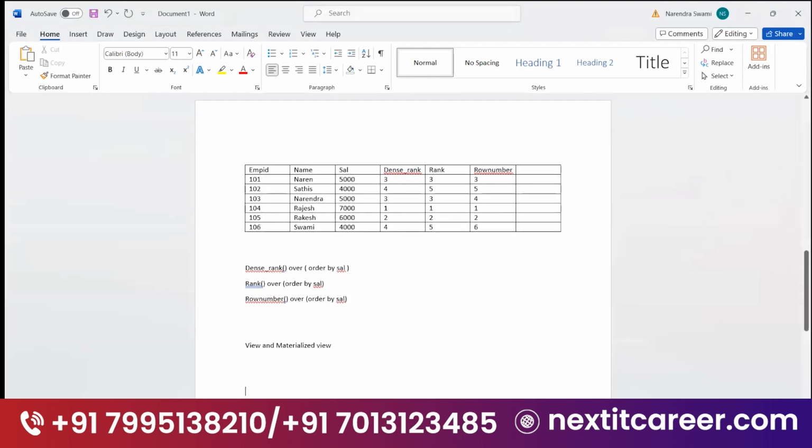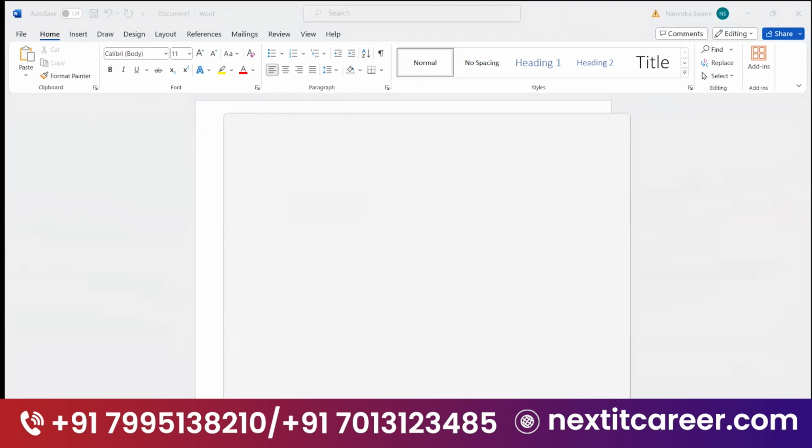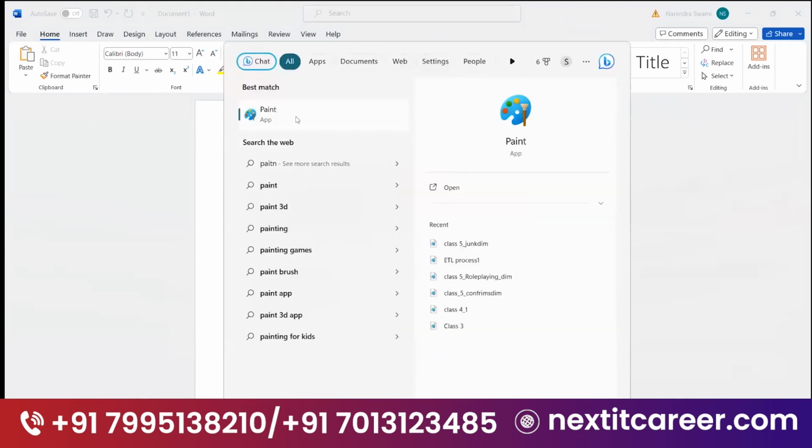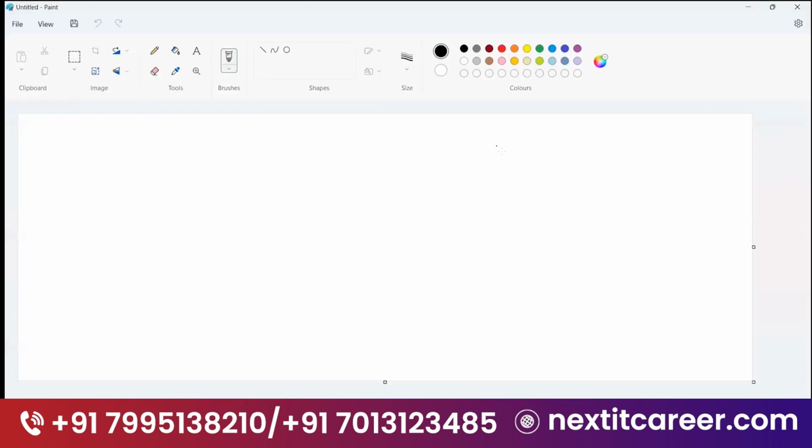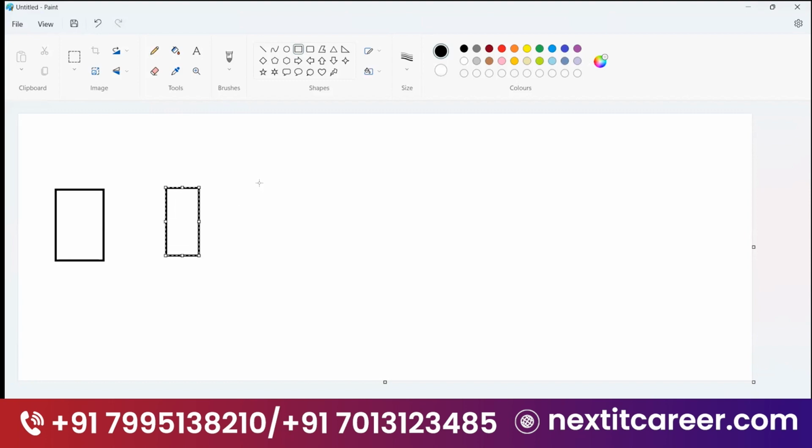See, views are something like that, right? In general, when you are going to work with reports, in the ETL process, views are very important for the reports. This is the source, this is the staging, and this is the target. From here, whenever you are going to use a reporting tool, whether it is Cognos or something like that,